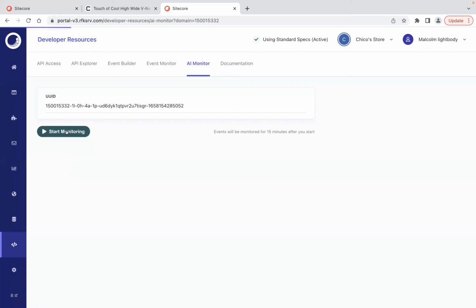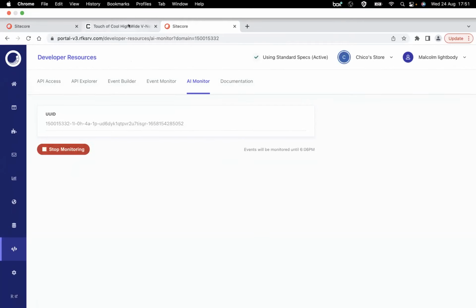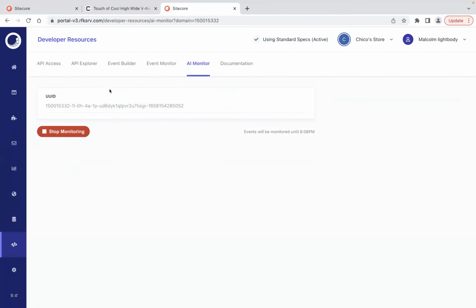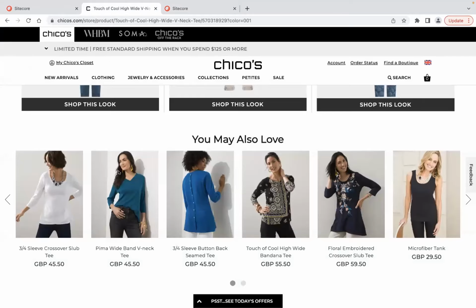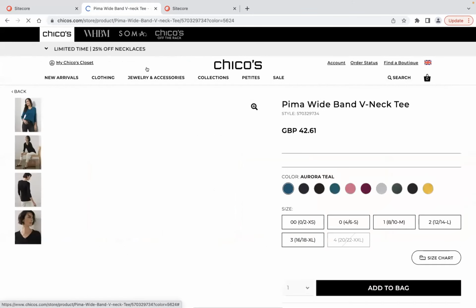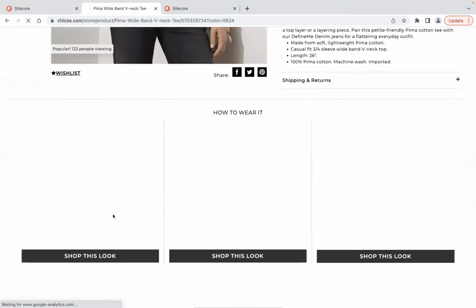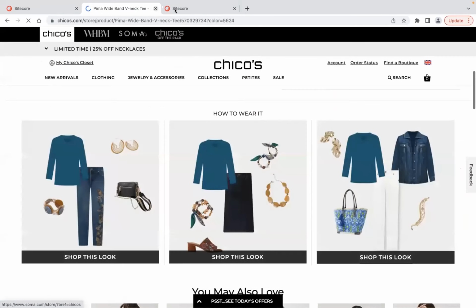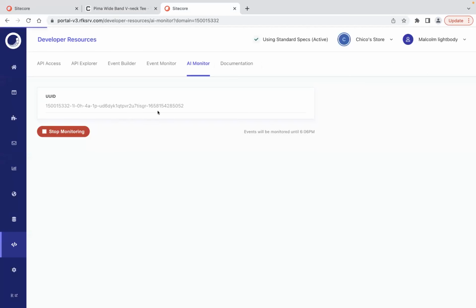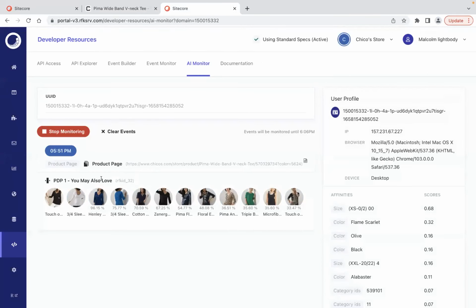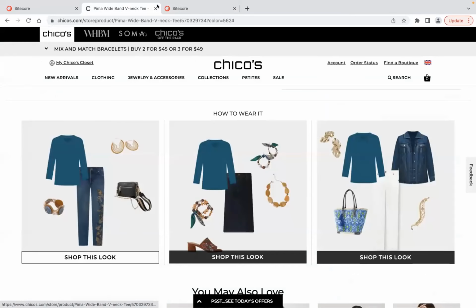So if you go to the website yourself and you find out what your user ID is, you can paste that in here, and you can monitor, you can actually see what's being triggered as you browse around the website. So I can understand what's being triggered as I go to this page here. In a minute or so, yeah, there you go. This is what was just triggered when I, as a user, went to the website, clicked on a product, and within,